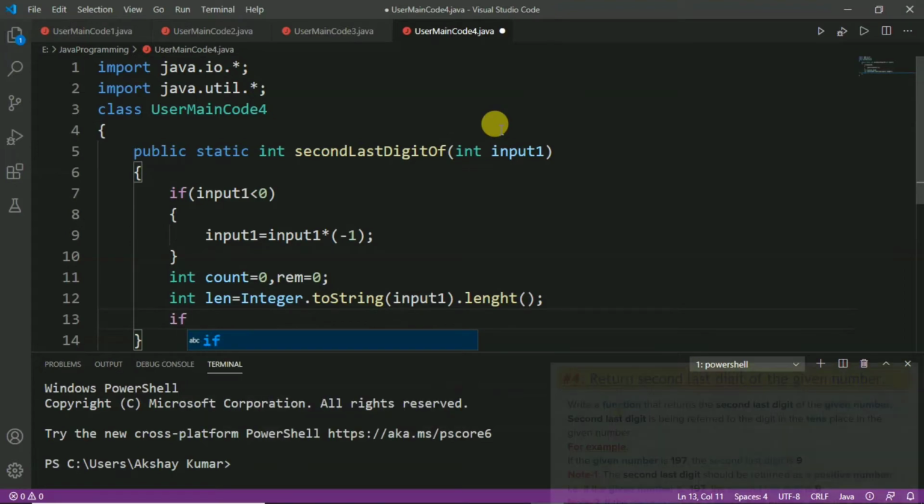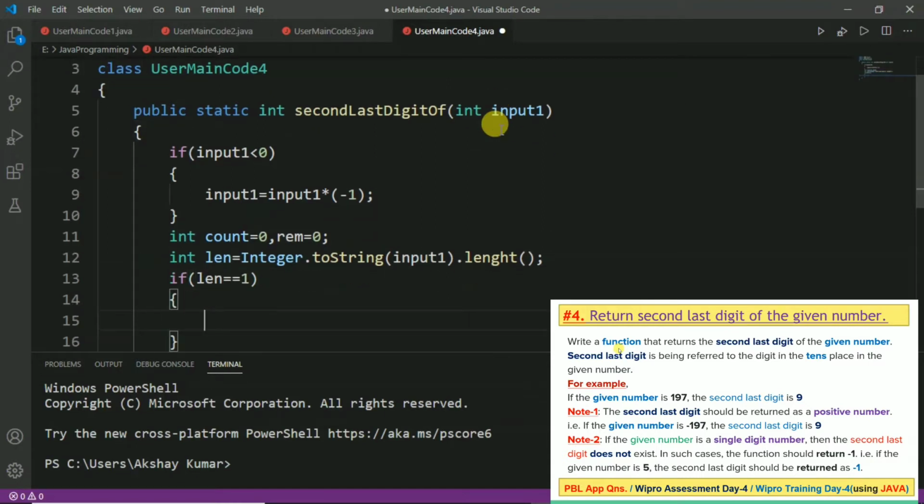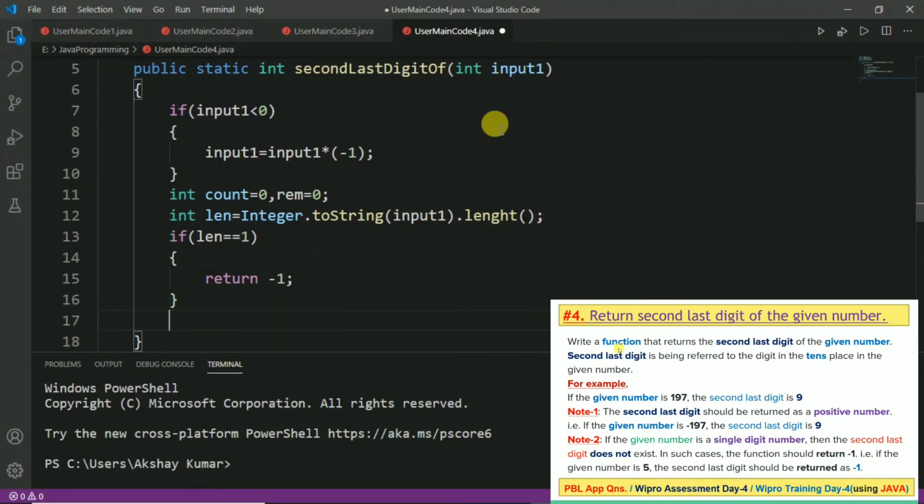After that, if len equal to 1, then we will return minus 1, else